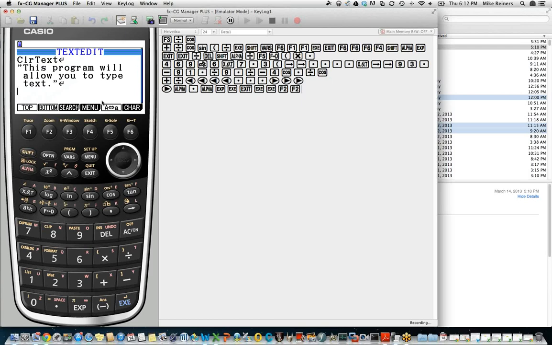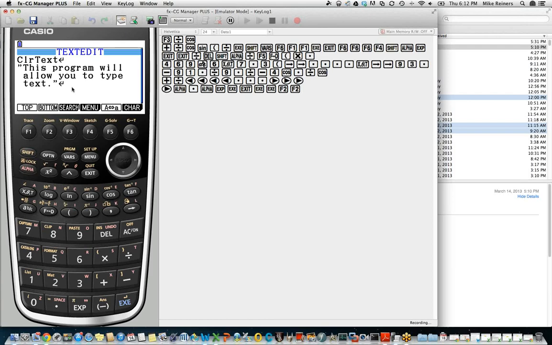What we want to do now is allow the user to start typing text. In order to start typing text, the user is going to need to press a key and have the key output a letter. We don't want the user to have to press alpha and alpha lock and mess with all of that same stuff that we've been messing with this entire time. We would like the user to just be able to type.